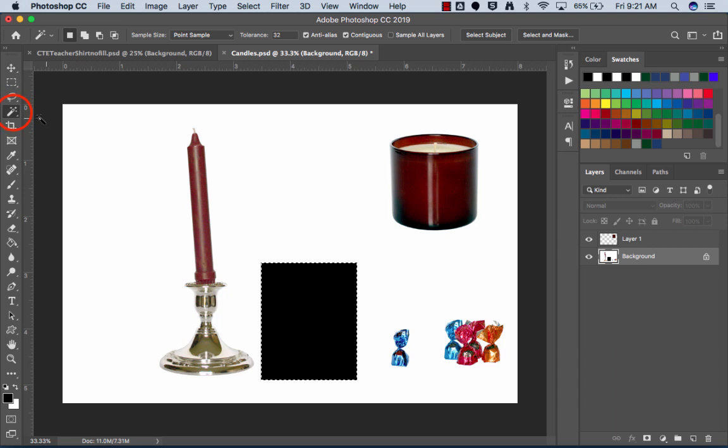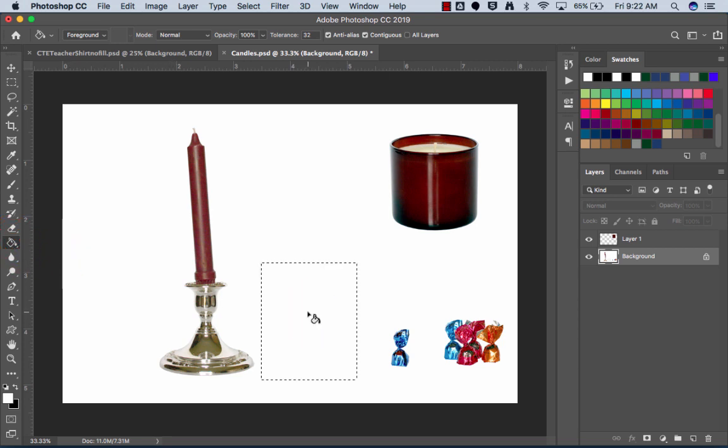So I'm using the magic wand tool to select the square of the wrong color. I'm going to make sure I'm painting with the white, so the white's on top. I'm going to get my paint bucket, so that's under my gradient tool, just like we use with the border, and I'm going to fill that. And then I did a Command D to unselect my selection. So anytime I have something in marching ants,